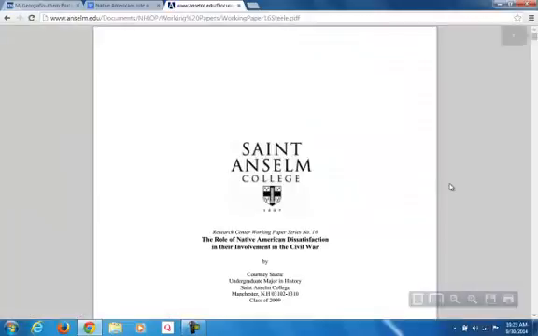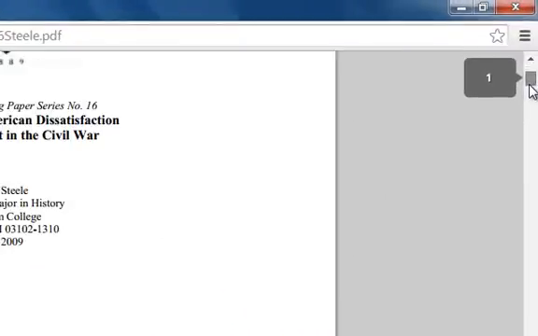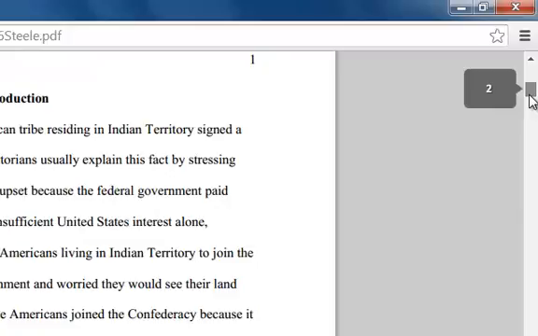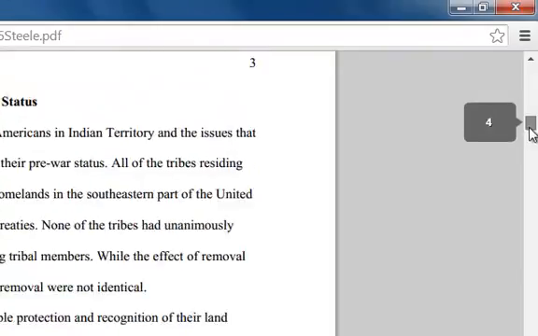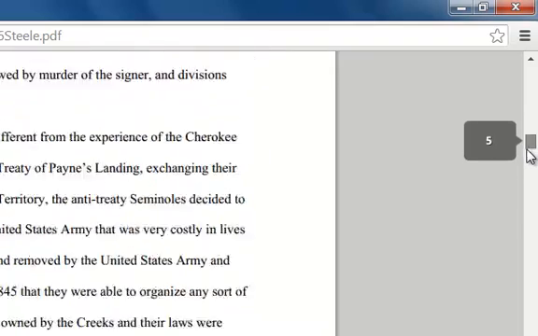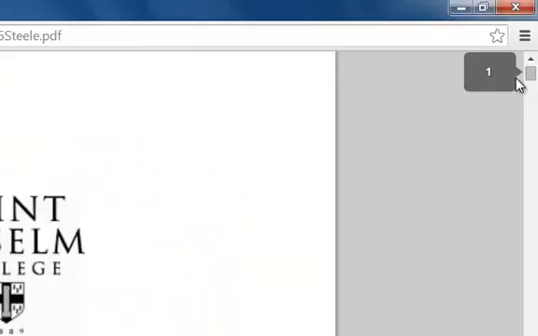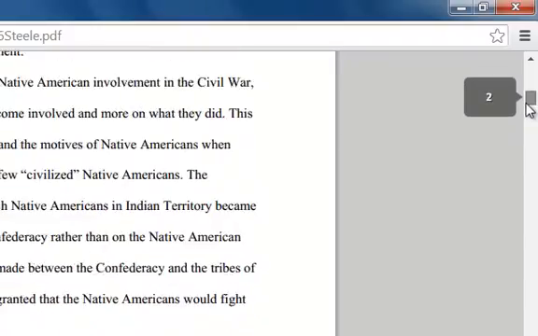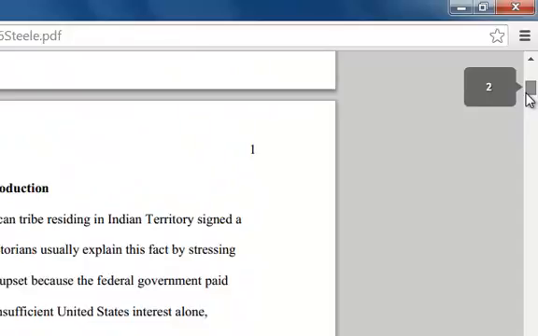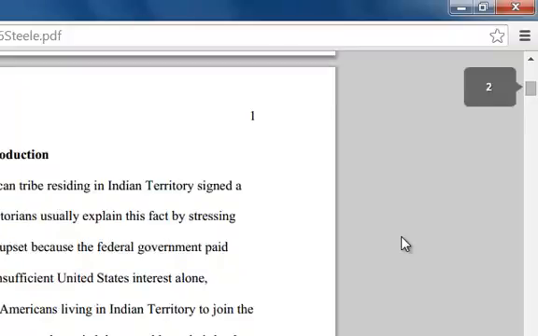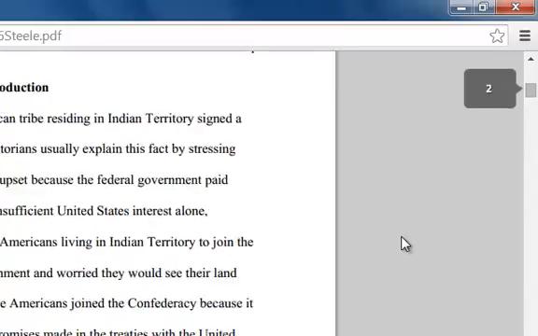Sometimes I like taking a peek at PDFs because, oh yeah, it's a research paper from St. Anselm College, which I've never heard of, but it seems to be an undergrad major in history. This is just a student written paper, but I mean, it could give me a good, what's the word I'm looking for here? A good example of maybe how I should try and look at mine and see if she has some good information here, because if it's another college student, maybe I'll be able to understand hers a little better than some of the more academic